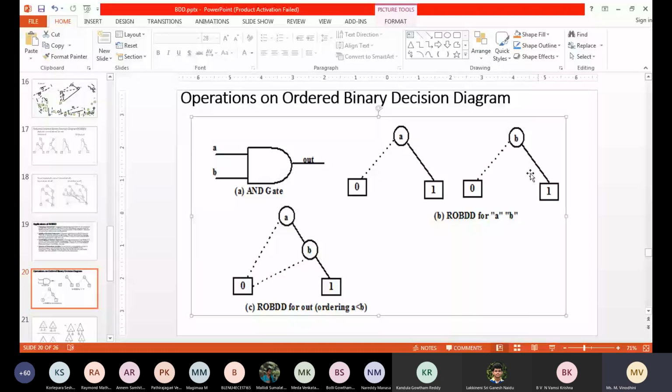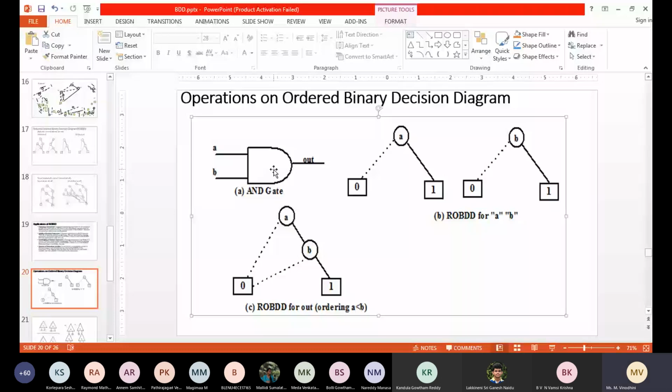Now moving on to the ROBDD for the complete AND gate. Okay. If A is 0, the output will be 0. Next, when A is 1, it depends upon B. Again, when B is 0, the output will be 0. When B is 1, the output is 1. Are you able to understand how we are getting this ROBDD with respect to the functionality of an AND gate? Yes or no, students? Just an AND gate is there. For any gate, you can draw the ROBDD like this.